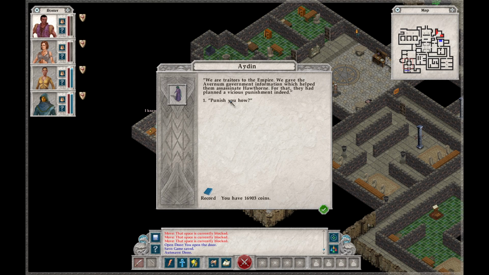Indeed. Punish you how? They were going to leave us here for the rest of our lives, slowly driven mad by the loneliness. But it didn't work, obviously. I've only been here for a year. Once I find out what happened to Josie, we can escape. What holds you in the...